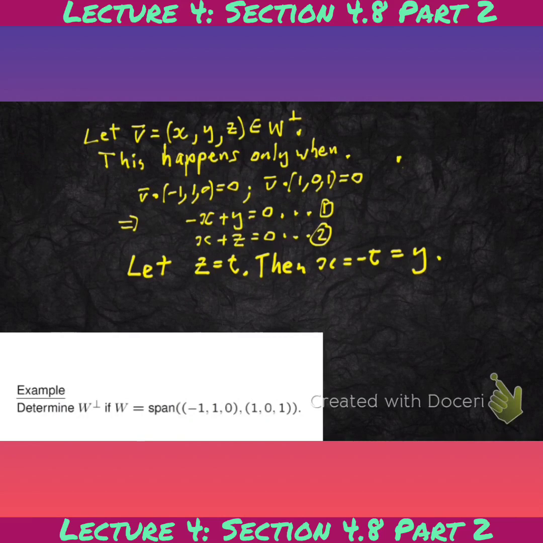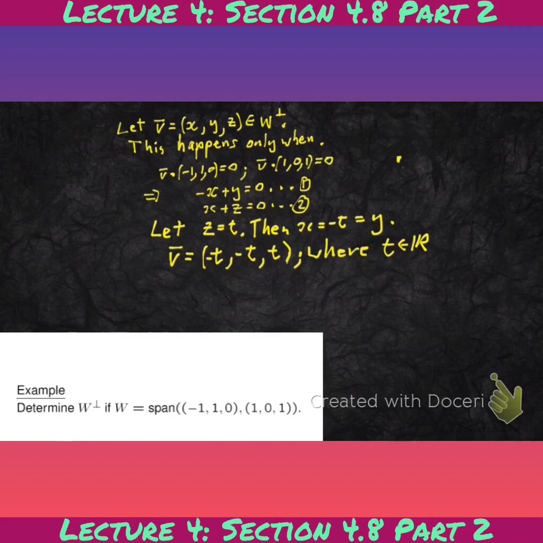So the vector v then becomes the vector (t, -t, -t, t), where t is a specific real number. So the orthogonal complement of W is the set of all vectors